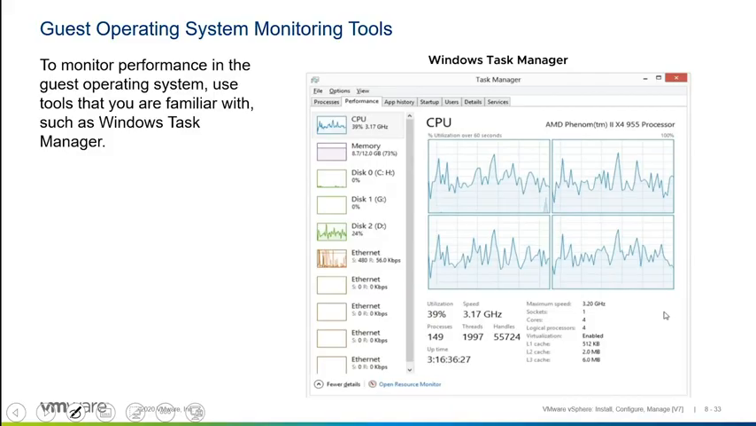This is an example here of Windows Task Manager, I think running in a Windows 10 VM. But we can see all kinds of great stuff going on here. And it looks like this guy's doing pretty well. Note, by the way, it shows the CPU running on the ESXi host here, right? It shows that we've got an AMD Phenom